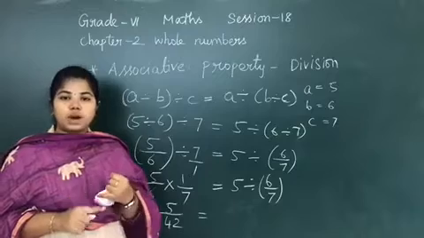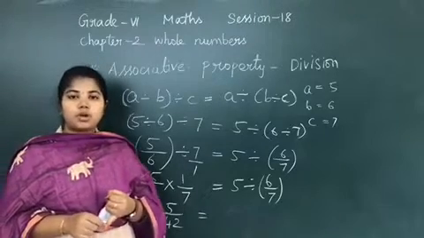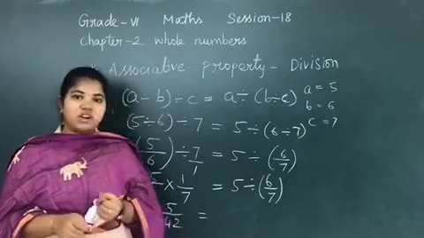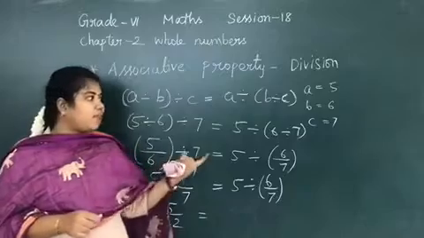Still we have only one property, the distributive property. Then we will move on to exercise 2.2. Okay, are you clear? In the next session we will deal with the distributive property and exercise 2.2. Make few examples of